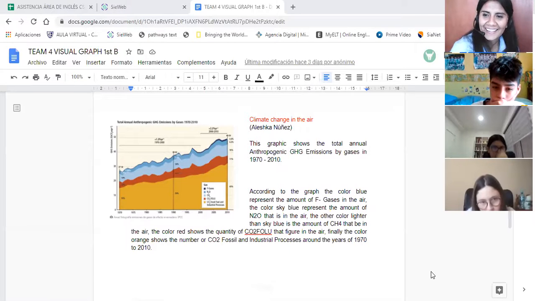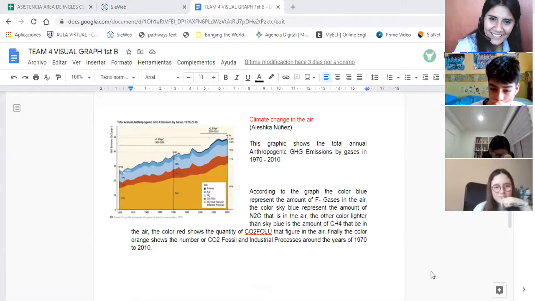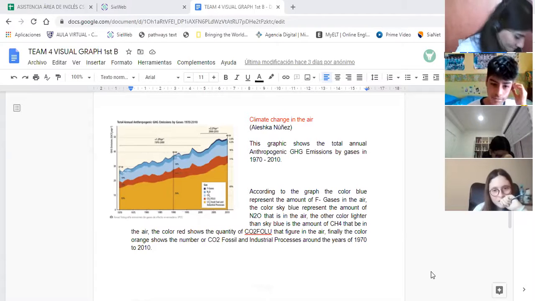Today I am going to talk about my graphic. This graphic shows the total annual anthropogenic GHG emissions by gases from 1970 to